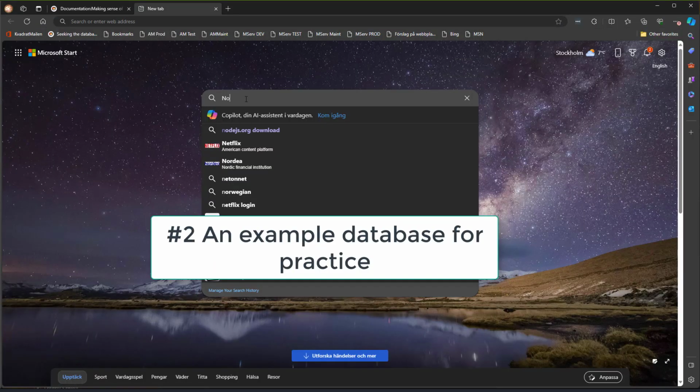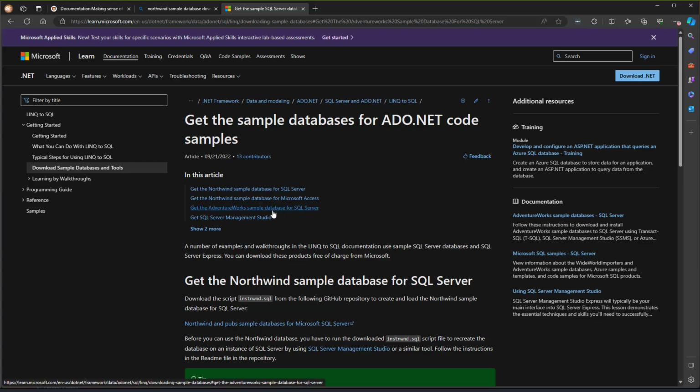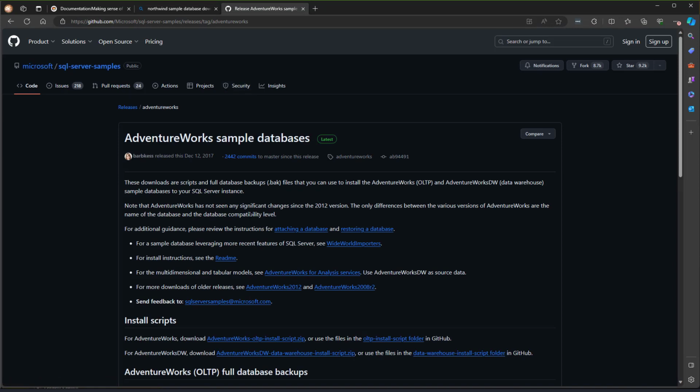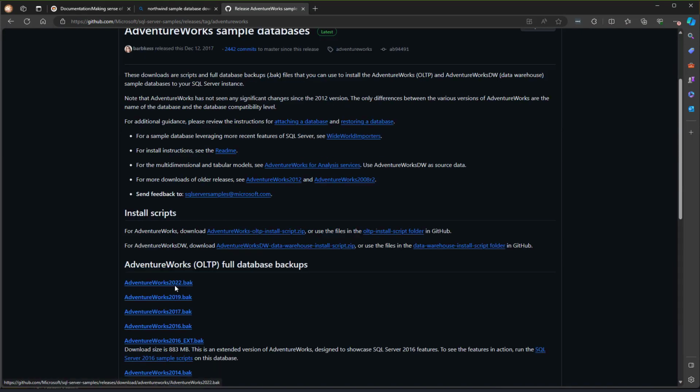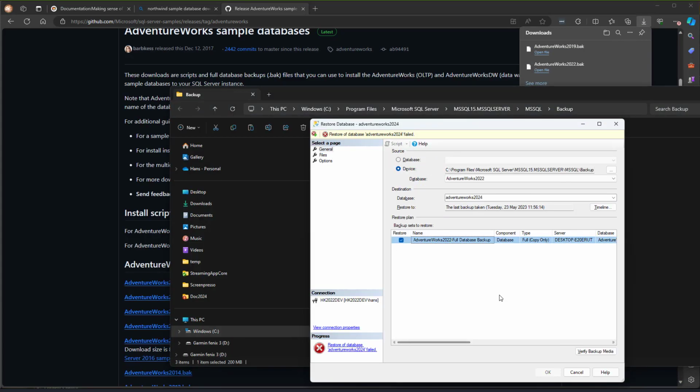First, we will need an example database to actually reverse to get going. Initially I thought that we should use the Northwind database, which is an example database from Microsoft. But then I found that they had another one called Adventureworks, and that looked a bit more fun. So I took that instead, downloading a backup file and restoring that backup into my SQL Server